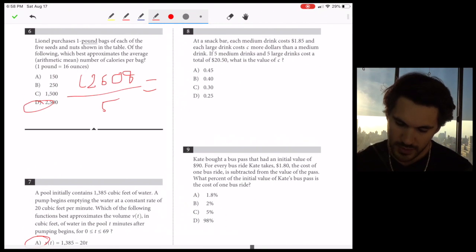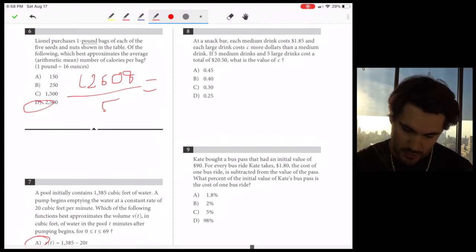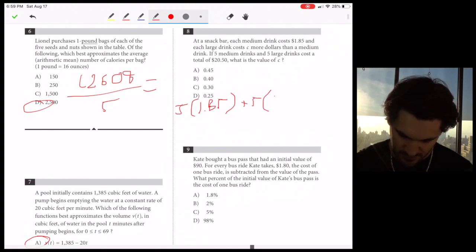Boom. Number 8, at a snack bar, each medium drink costs $1.85. Each large drink costs C more dollars than the medium drink. If 5 medium drinks and 5 large drinks cost a total of $20.50, what is the value of C? So let's set up an equation for this. We have 5 medium drinks, right? So we'll do 5 times 1.85 plus 5 times 1.85 plus C, that's for the large drinks,